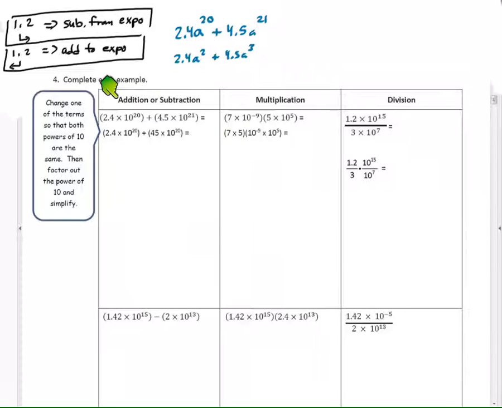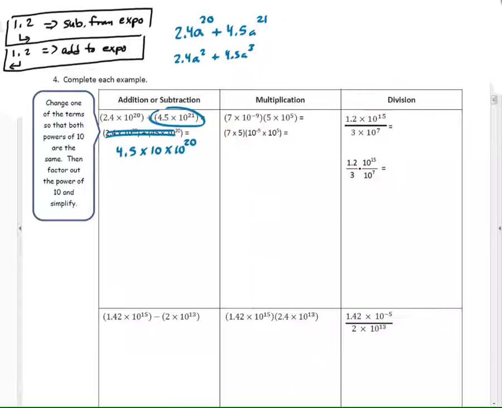Now we can either change this 20 into a 21, or we can change this 21 into a 20. I think it's always easier to go down, like make this 21 into a 20. I think that's easier. So I'm going to ignore the way they did it and show you my way. You see this 4.5? We're going to work with him first. So I want that exponent to be a 20. Watch this. 4.5 times 10 times 10 to the 20. Is that true? Yeah,